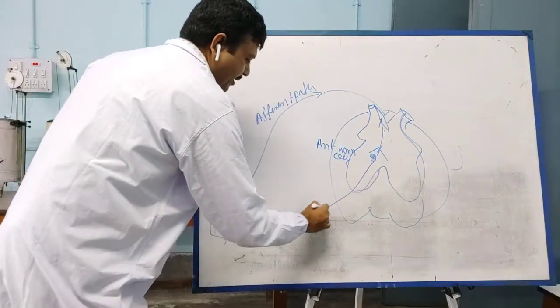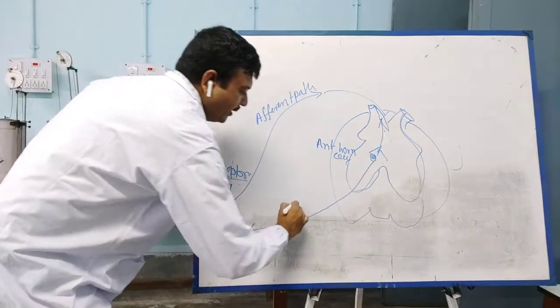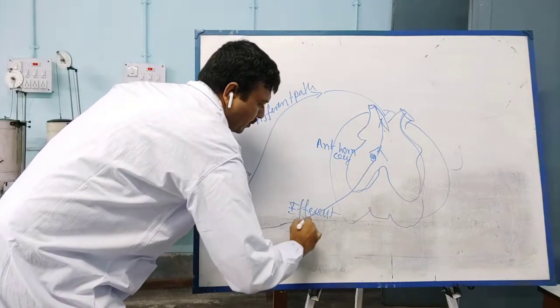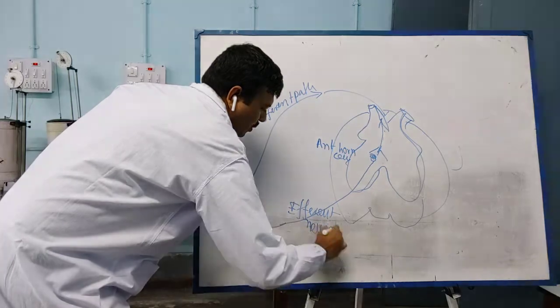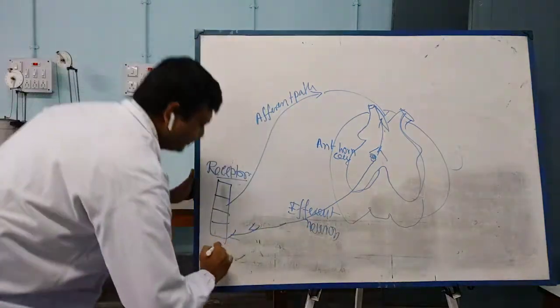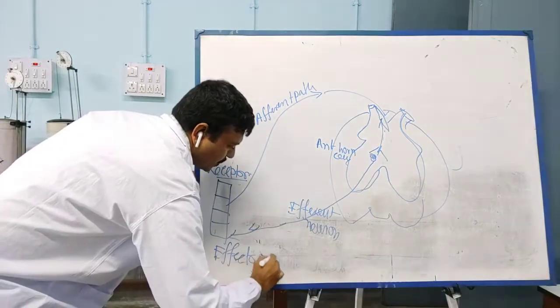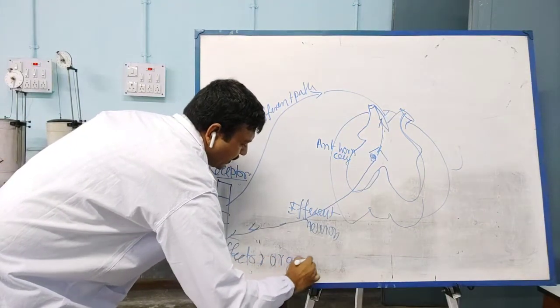From there, efferent neuron to the effector organ, that is usually